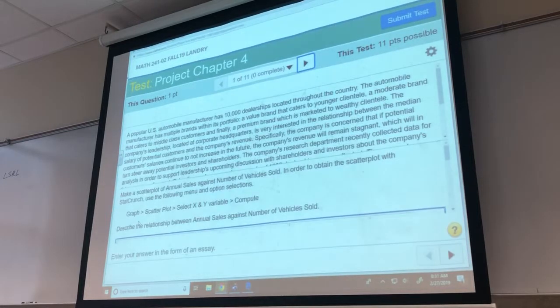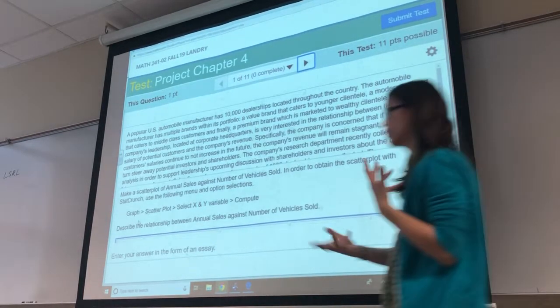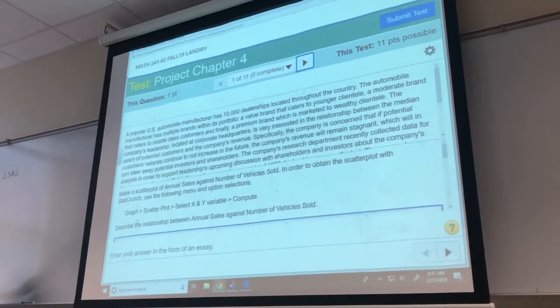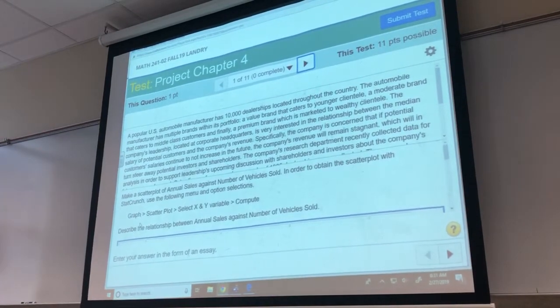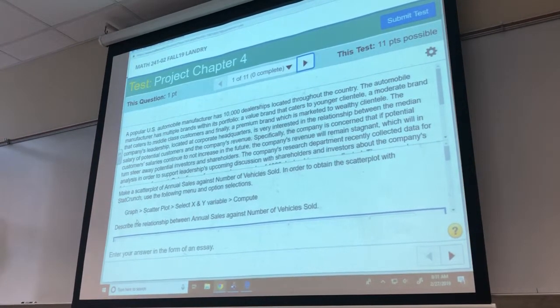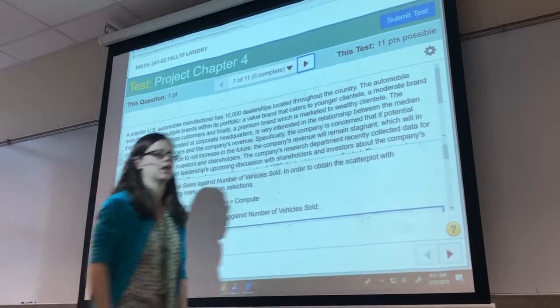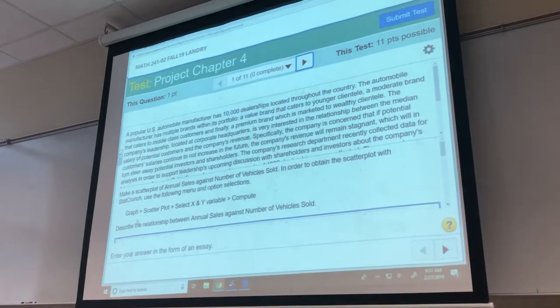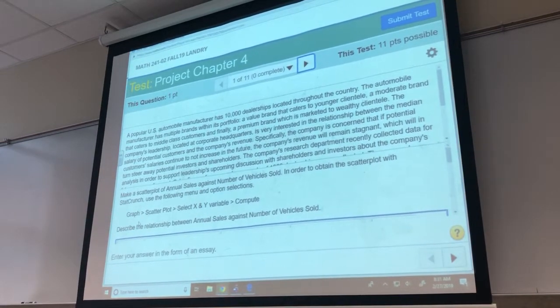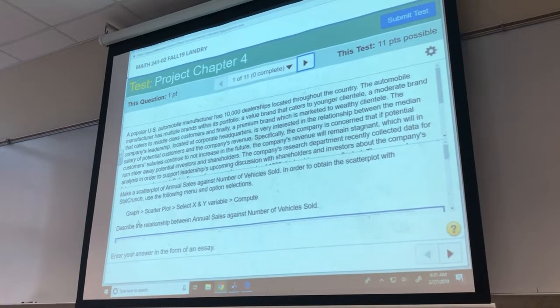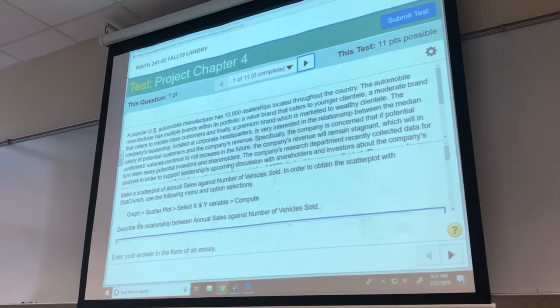Let's talk about our chapter 4 project. We're going to do it through our Stack Crunch. Again, it's going to be way too long to try to put 1,000 numbers into your L1 and your L2. I don't even know if your calculator will store that many. Right. So we'll start off with,